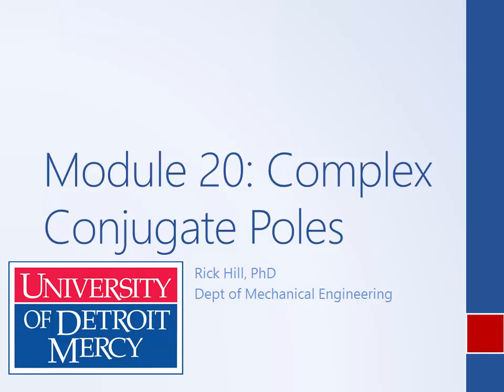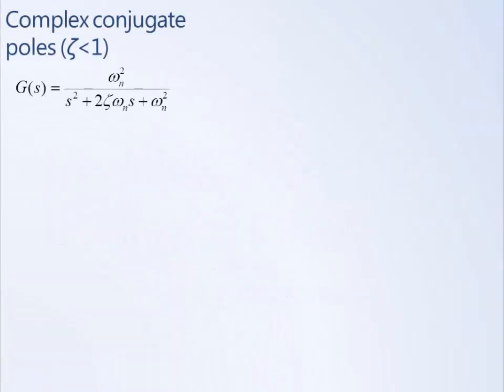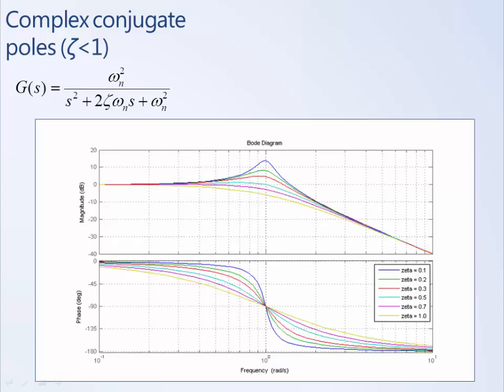So we'll get a similar situation here. The low frequencies and the high frequencies will look like the overdamped case on the previous slide. What will be different is in between the low frequencies and the high frequencies. And so in general, we'll get a Bode diagram that looks something like this. This is the magnitude plot, this is the phase plot, and this is plotted where this point here is